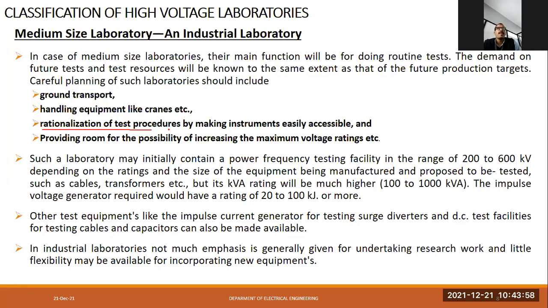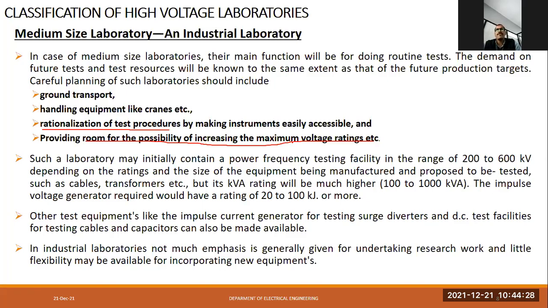Rationalization means that whatever instruments are there have to be accessible, and due to their accessibility we consider them for easy access. And again, providing provisions for the possibility of increasing voltage rating. If there is an increase in voltage rating, at that time this medium sized laboratory will take the routine test properly. And in such kinds of laboratories,